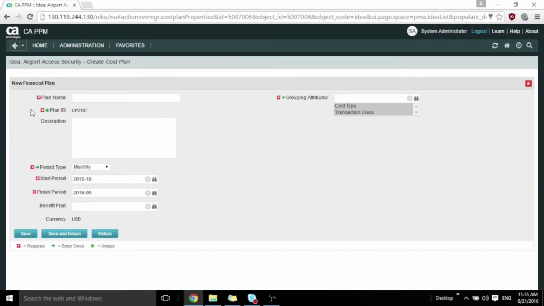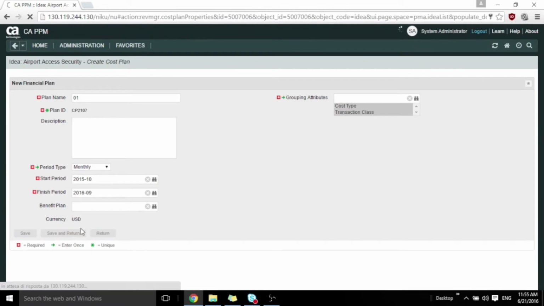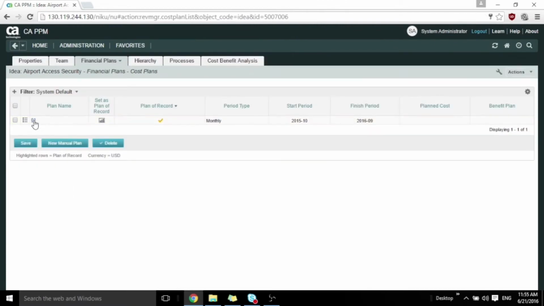For example, here in new manual, you can name your plan, what is your plan name, the description, what can be the period type, and what can be the start date and finish date, and then you can do save and return. But before doing save and return, you can go to the grouping attributes, that what is your cost type and what is your transaction type. For example, here you can do save and return,